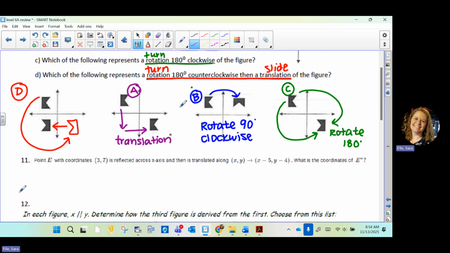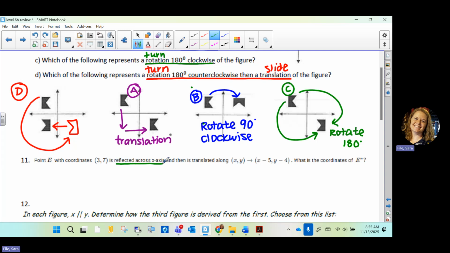All right. Let's go ahead and do 11 and we'll stop this video. So point E has coordinates at 3, 7. It's reflected across the x-axis and then is translated using this rule. What are the coordinates of E double prime? So double prime is after the 2 transformations. So we'll do one at a time. So first, let's reflect it